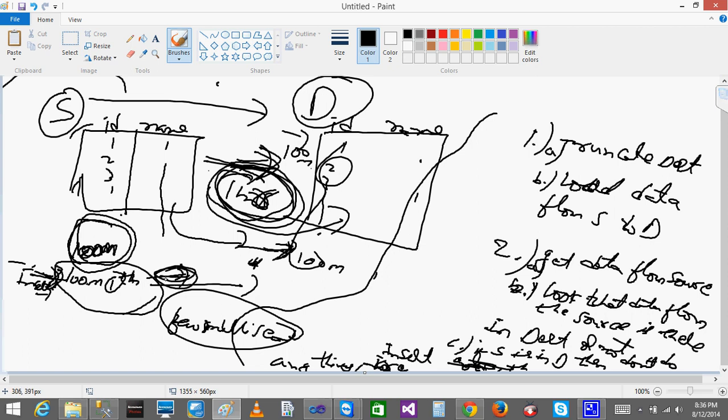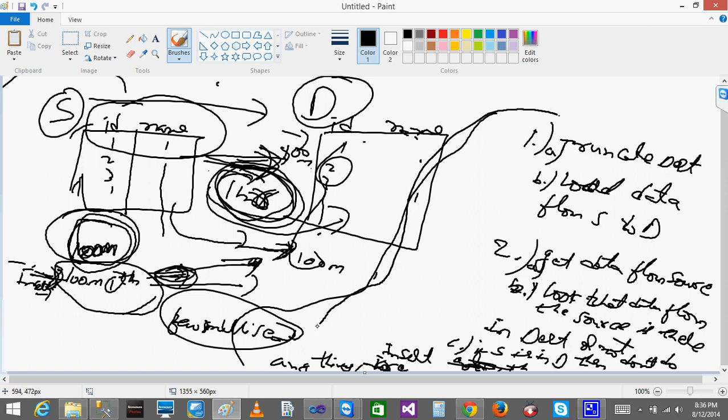So when we get one record, automatically we can load it into the destination instead of getting these 100 million records again. Is there any way? Normally in this scenario there is no way. When I just have ID and name in the source, and ID and name in the destination, I load the data from source to destination, done, that's it. In this scenario, I need to follow any one of these two ways. Of these two, if I want to load the data, truncate and load is the best one.